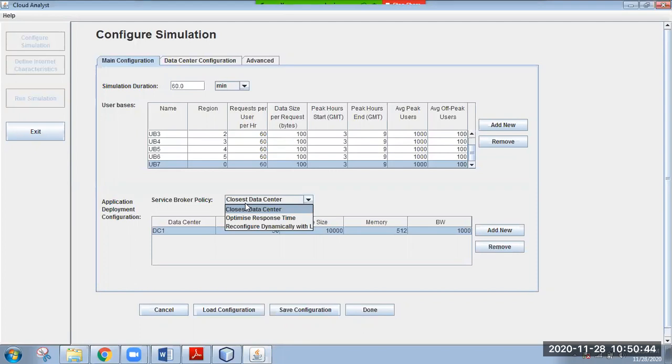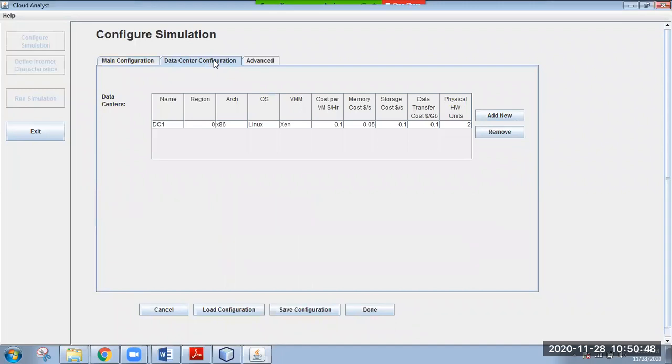Now, come to the second configuration, that is called your data center configuration. You have seen that there is one data center already available in region number 0, which follows the x86 architecture. You know there are two architectures when you are installing any software or visiting any software website. It asks which type of architecture your system has.